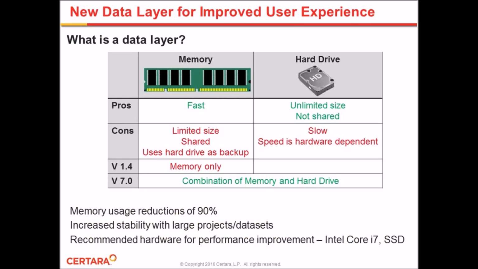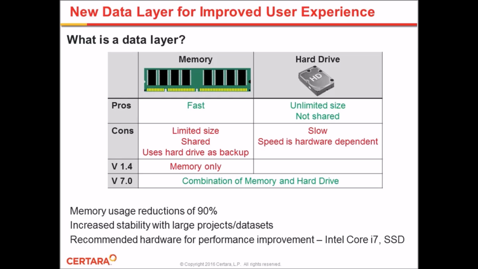The next is the new data layer for improved user experience. Phoenix 7.0 implements a new data layer that, compared to the previous version, delivers a 90% reduction in memory utilization. This benefits all Phoenix users and gives a much more stable application that does not crash with large data sets due to high memory utilization. Phoenix 1.4 uses a memory-only approach for handling data. This resulted in fast operation with small data sets. But with large data sets, users found that Phoenix could slow down, and we had reports of crashes due to